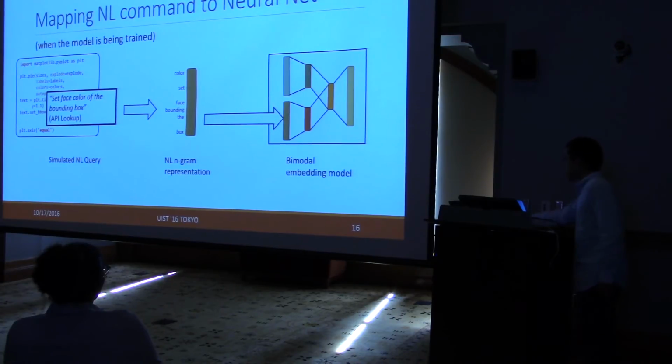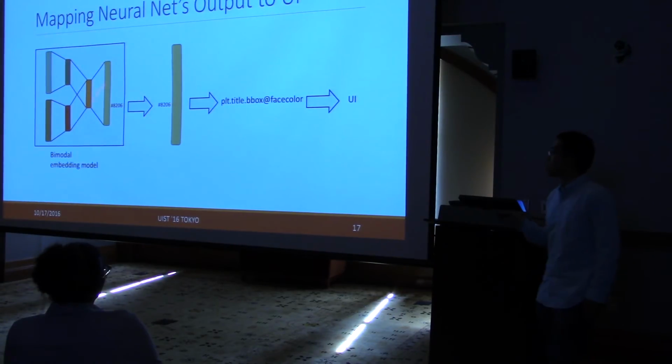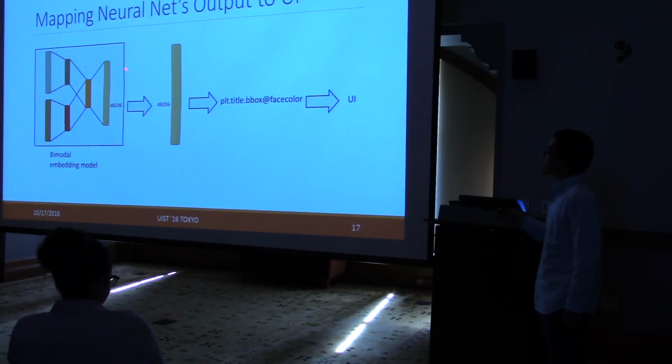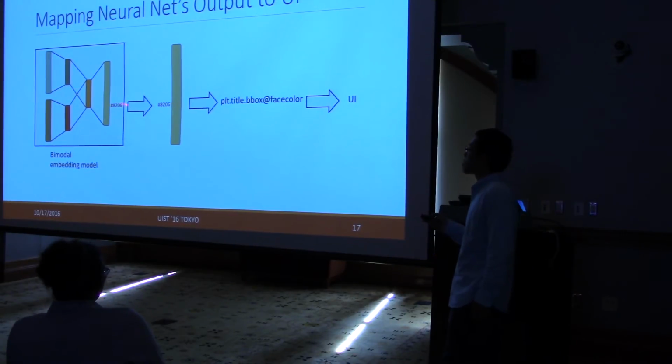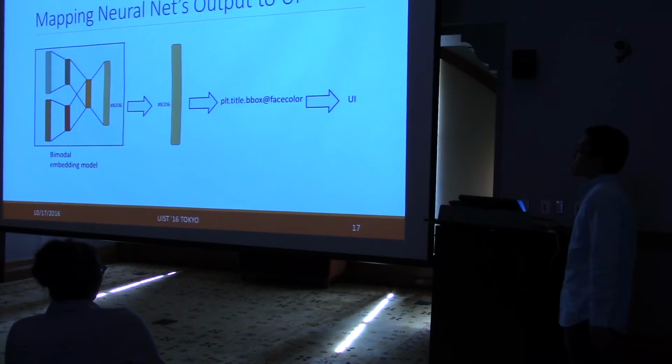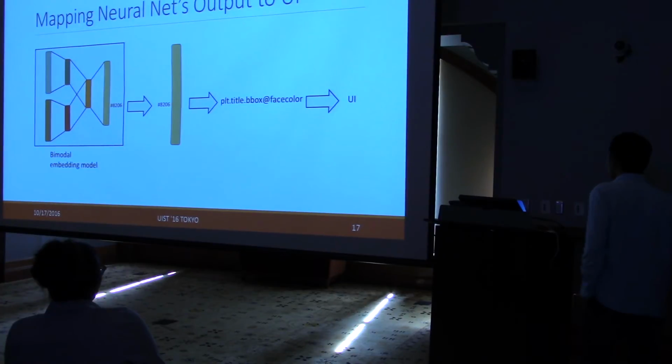So let's look at the third problem. How do we map the network's output to the user interface? Well, the network output is, again, a code dictionary with different entries. And the model is actually not generating one single prediction. It's more like generating a distribution over all possible entries on the dictionary. So this creates a challenging problem of how do we design the UI to effectively convey to the user what the distribution is like, without confusing the user a lot, right?